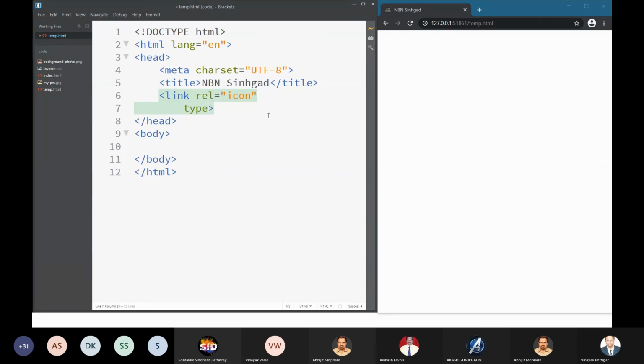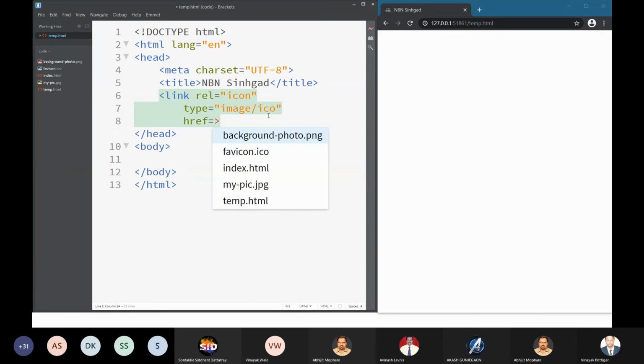Next, type is what? Type is image slash ICO. And next you have to type href, hyper reference.